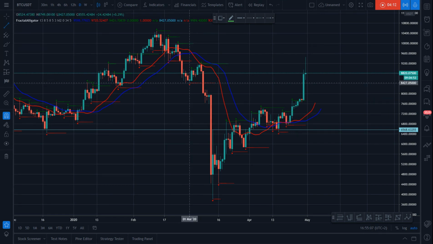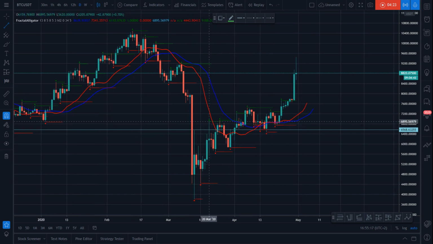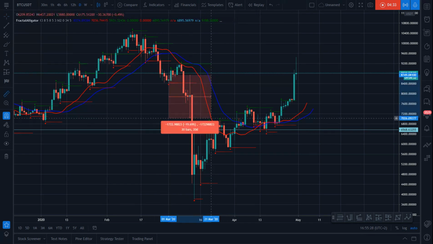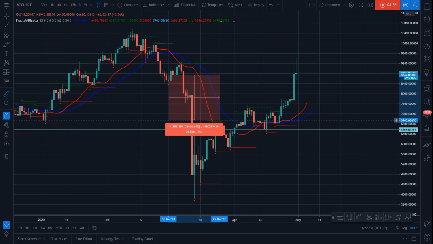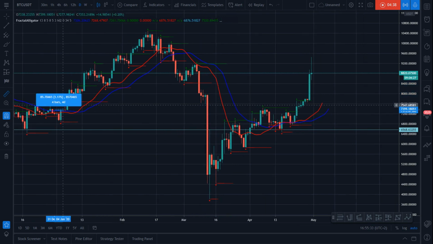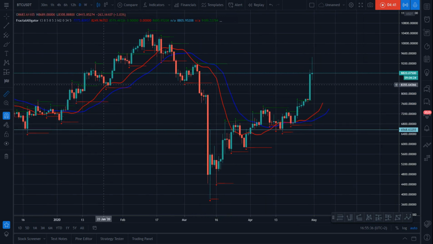You see this bearish fractal, you add to the short, and then here is your stop loss. This is your first stop loss because the price went above it, and you have probably somewhere here a 22% gain. And for the bullish, probably somewhere here, so 20% gain on both sides. That's how I use the fractal breakout strategy.